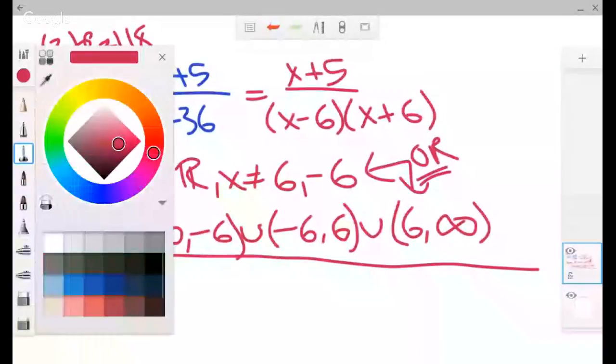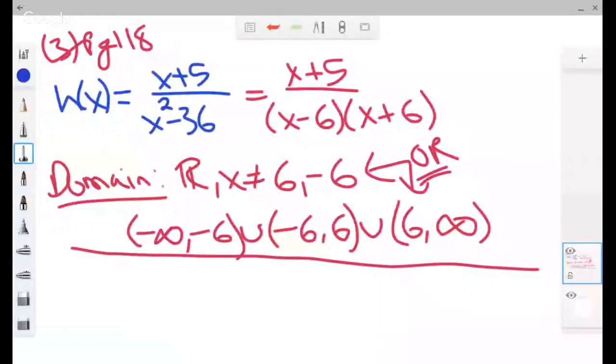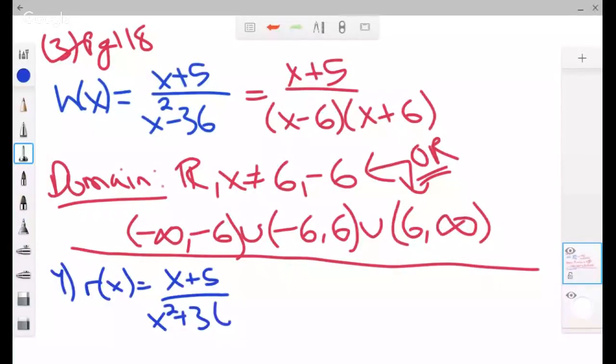If I look at something like this, number 4, it's the exact same thing, except it's x squared plus 36, right? This can never be 0. The x squared plus 36, excuse me, can never be 0, right? If I try and solve x squared plus 36 is equal to 0,